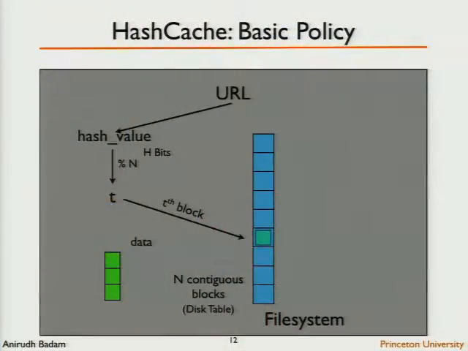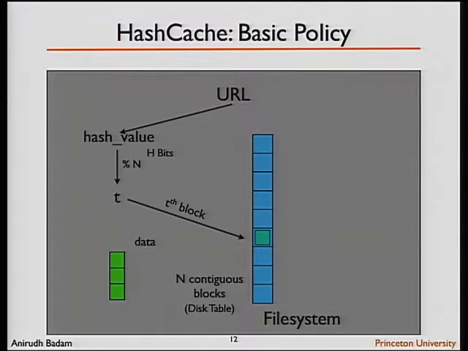It takes n contiguous blocks on the magnetic hard drive and uses them as a hash table. It takes the hash value modulo n and obtains a value t. Let's say on the tth block of this on-disk hash table, it stores the first block of